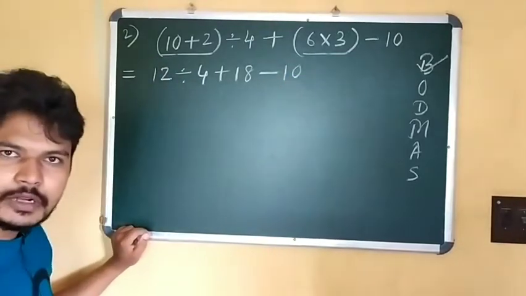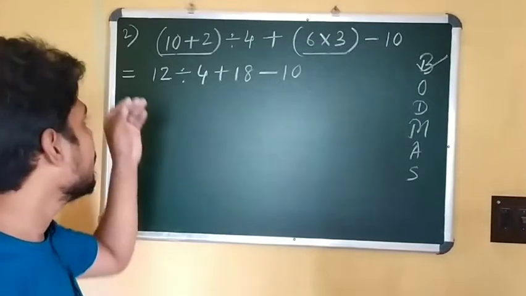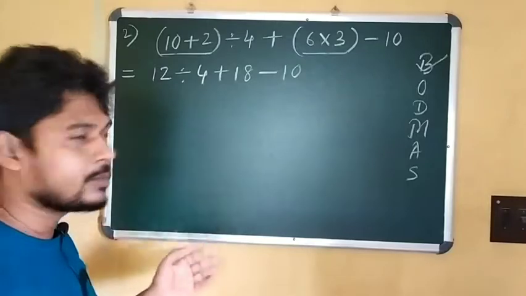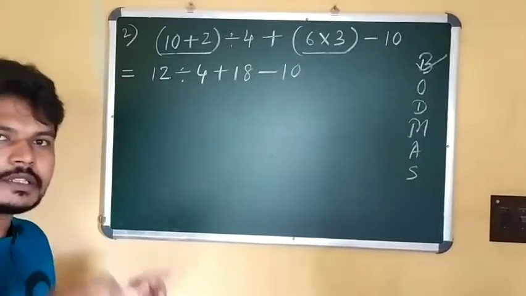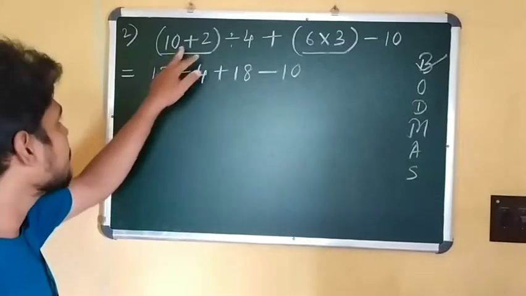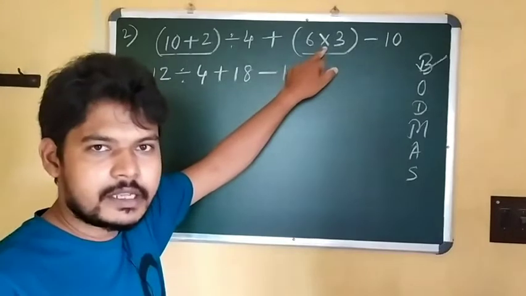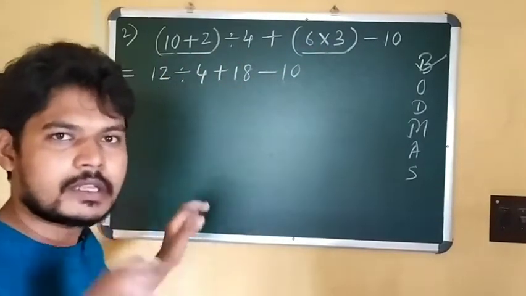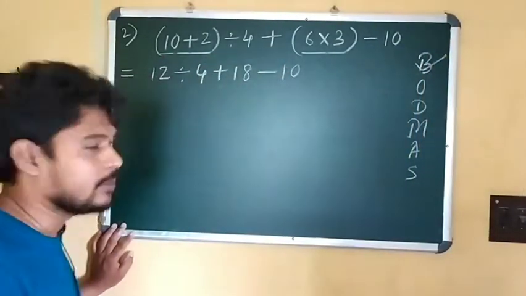Okay, I hope all of you understood. So when in any numerical expression more than one, that means 2, 3, 4, 5, lots of bracket operations are given, then we have to solve all the bracket operations at the same time. Here the plus sign is given, here the multiplication sign is given, but both are written within the bracket, so we have to solve them at the same time. So the bracket operation we have solved.